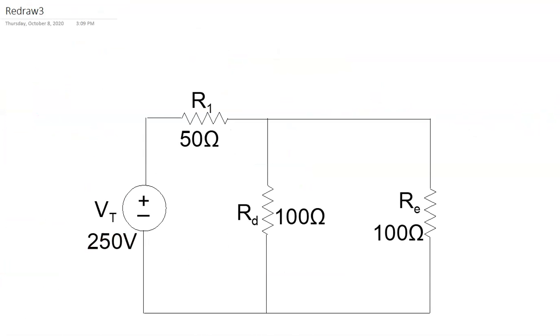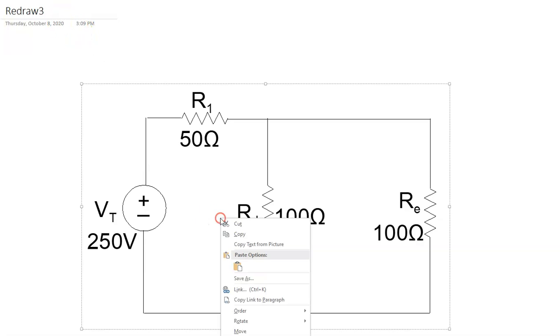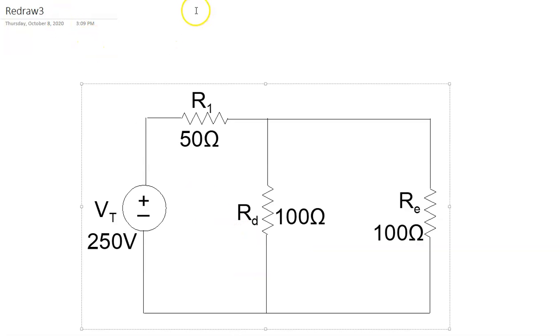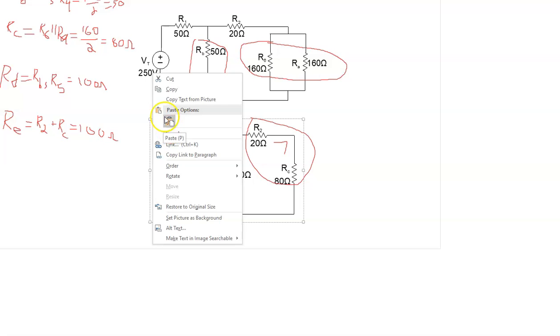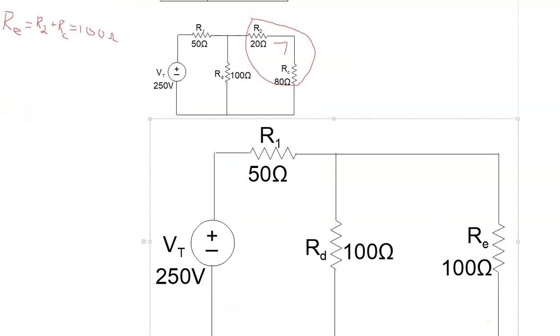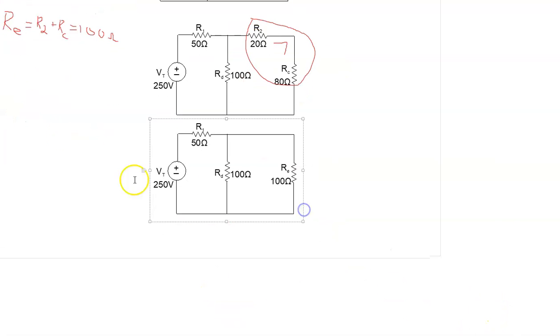And so I redrew it again to include RE. And so now we have these two here in parallel. So our next reduction,